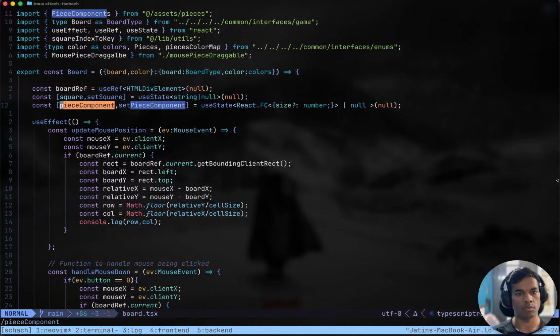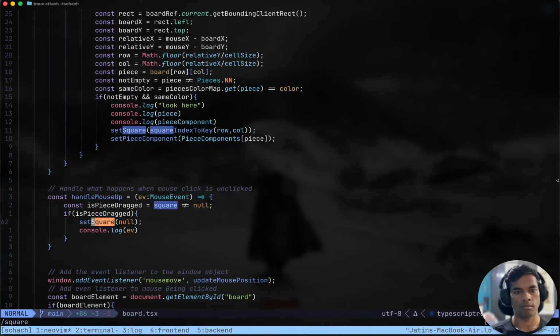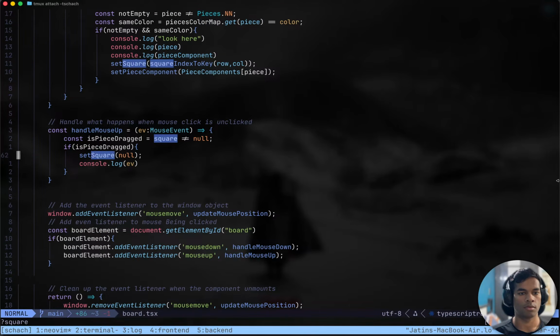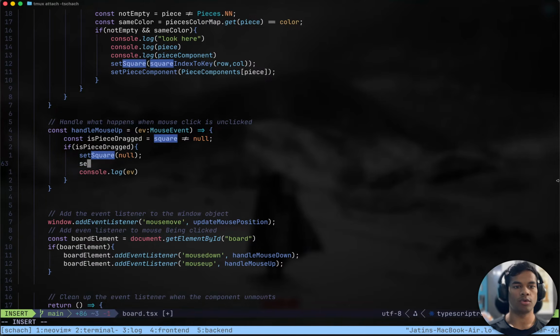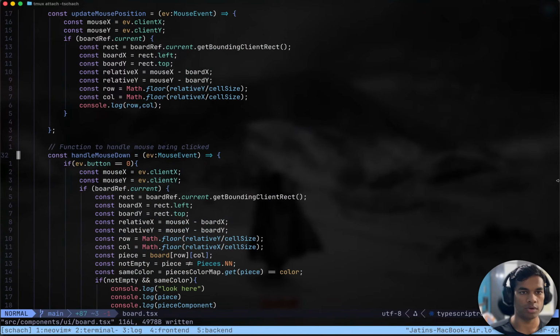Piece component, okay, that is fine. And where is square? If square is not equal to null, then do something. Yes, makes sense. If piece dragged, then on mouse click, do something. Set this equal to null and set piece component equal to null. Console.log ev, yes, we are not even doing anything with that.